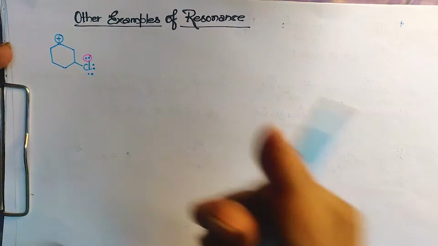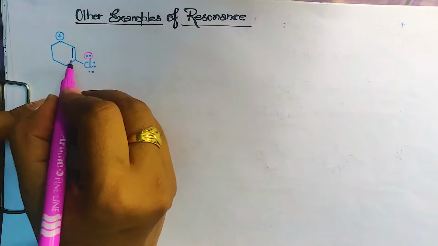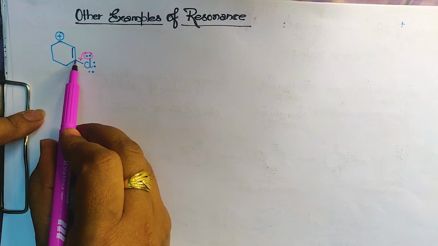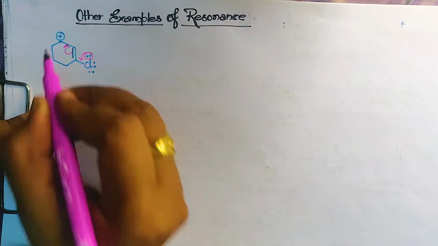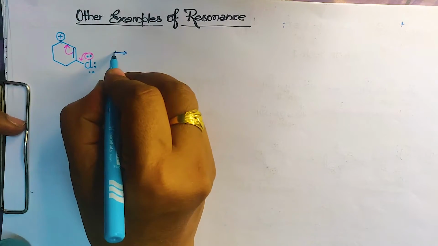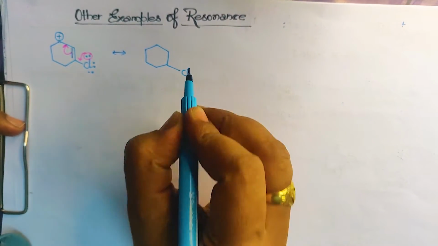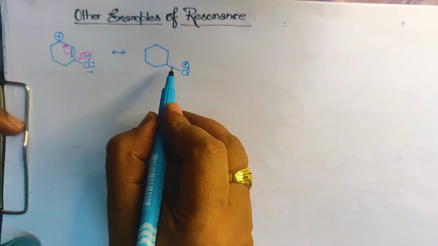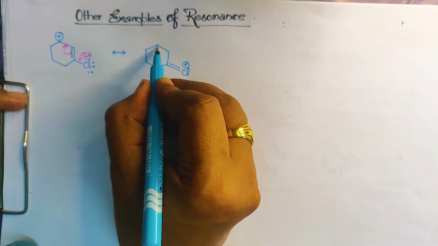One more thing was there, like this was the structure. If this moves over here, what will happen? This carbon will have five bonds. At the same time, to make it stable, this bond will shift over here, isn't it? So what will it result in? It will result in the formation of this, and the Cl has lost its electron, so it will have a plus charge over here. This has shifted over here, that means a double bond will form, and this bond has shifted over here, that means a double bond will be here.